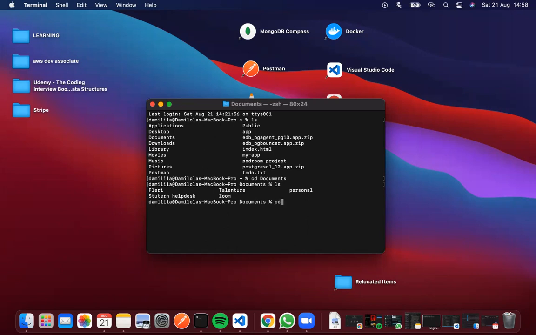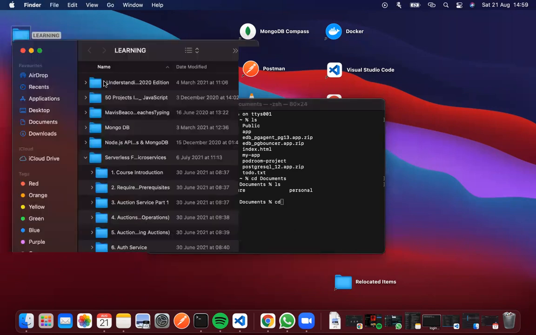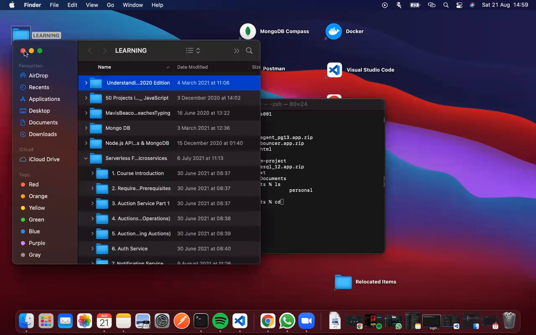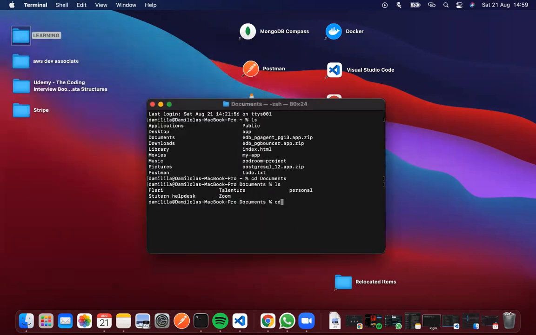So cd is change directory. cd is the same thing as doing this on your normal system, clicking this and coming here. This is cd. So with cd, I can change directory to Student Helpdesk, and I check what is inside Student Helpdesk to be sure that this is the project I want to deploy using Surge. And I can come here and write this command,